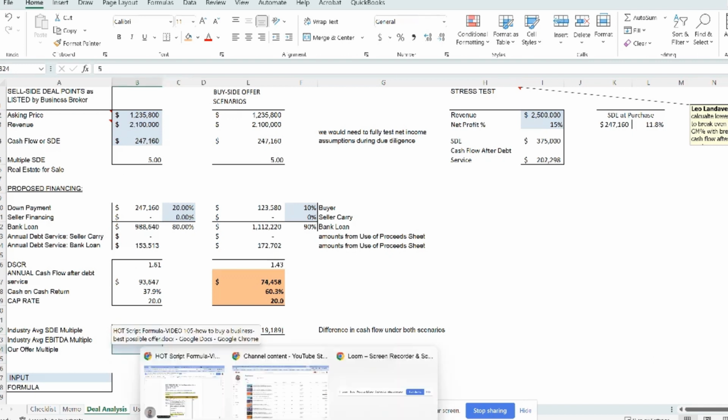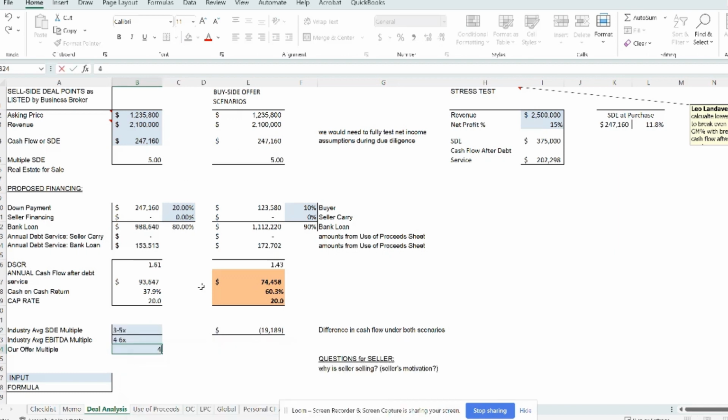But if we're only offering four times SDE, now our asking price is gonna go from 1,235 to 988,000. Everything else is the same. Our down payment went down to 98,000, right? And our loan goes to 889. Our debt service coverage ratio went from already a pretty good debt service coverage ratio to really good at 1.79,